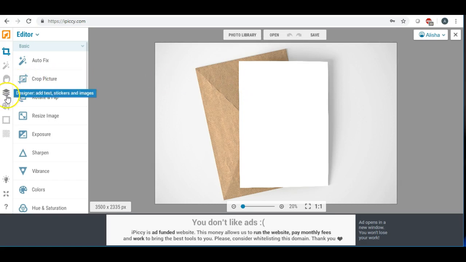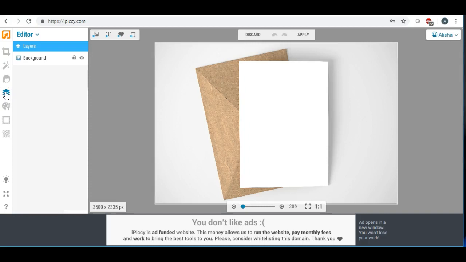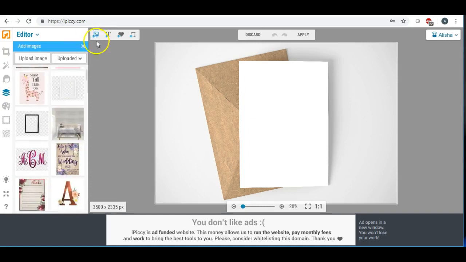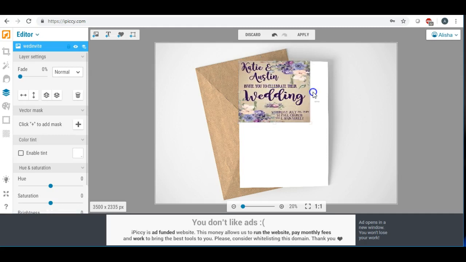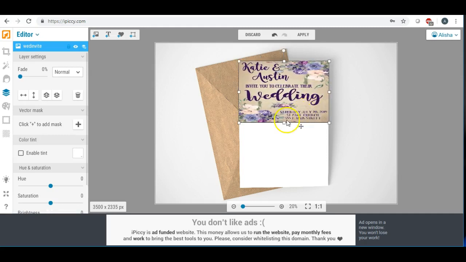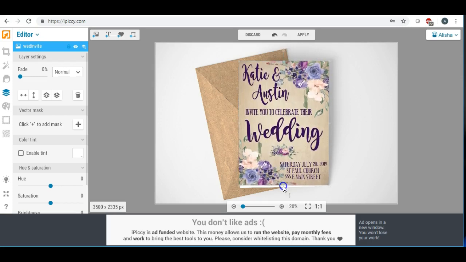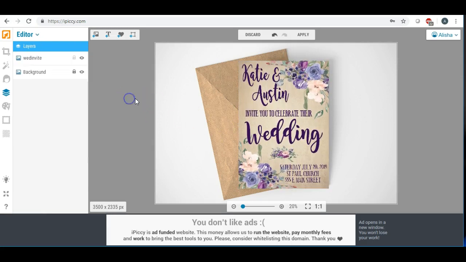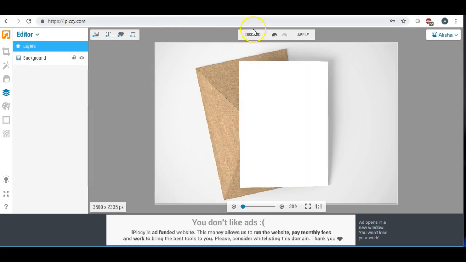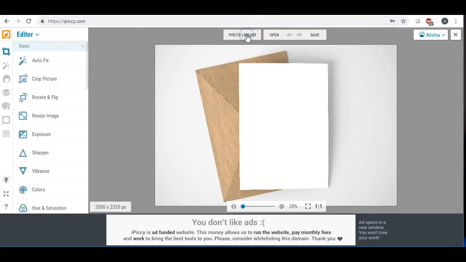So I went back through some of the designs I have made in the past. I'm going to click here on this layering tool once again. And this was a rustic wedding card I had made. And all you do is, once again, fit it right here on top of the mock-up photo, and there we go. This was a rustic wedding invitation that I had made a while back. I was showing a tutorial on how to do this. Okay, so there is that one, and I'm actually going to discard this design and go back to my photo